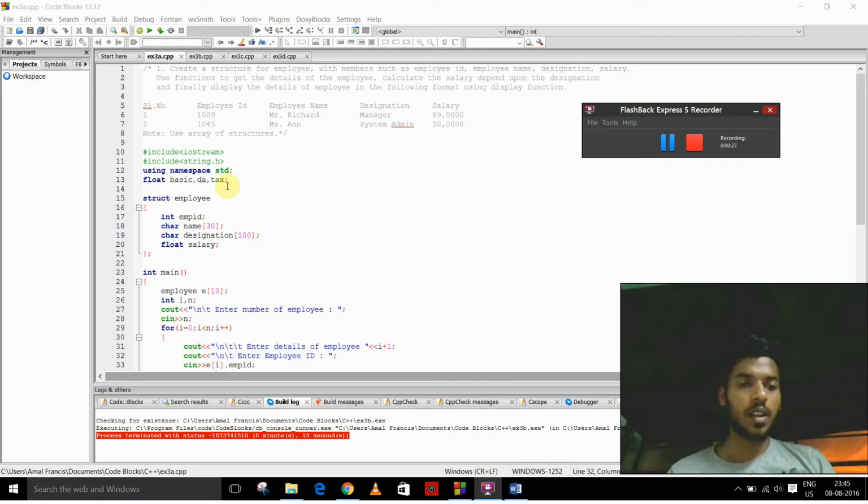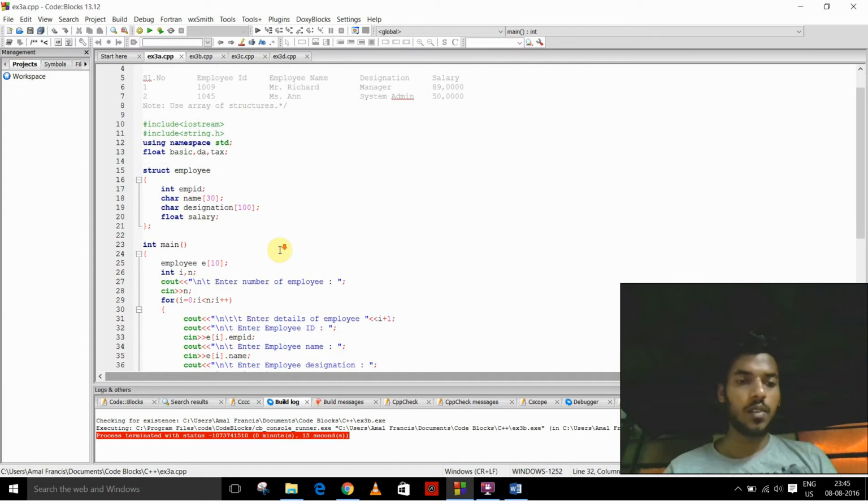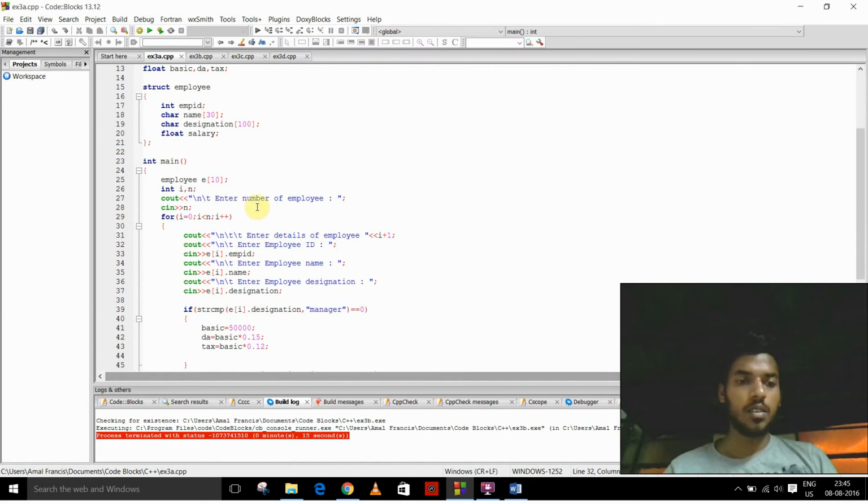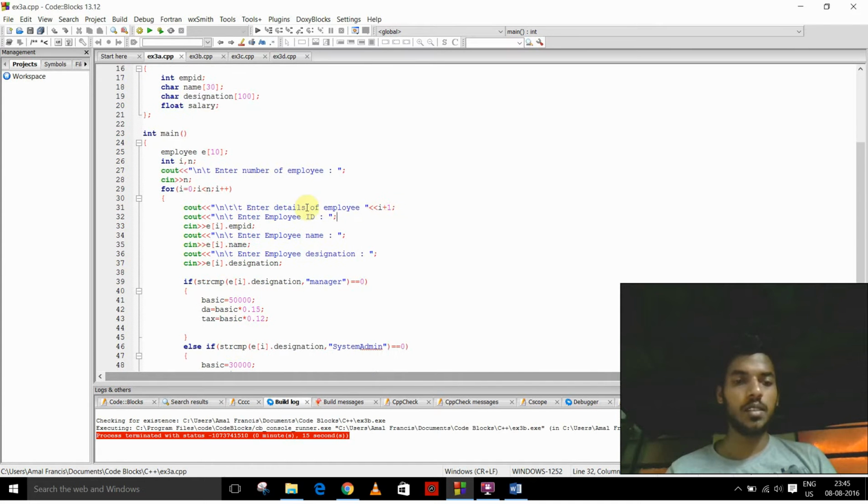So I have declared all these variables, and this is the structure declaration. Structure employee has all these members of different data types. This is the declaration of an array of type employee, and this is to enter the number of employees, and this is the loop to enter the details of the employees,